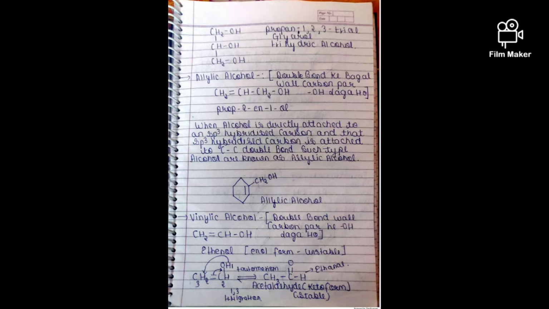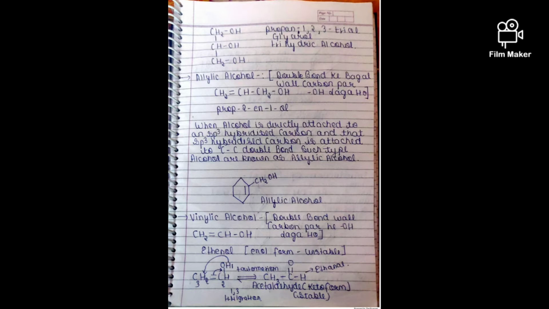Then we have another category of alcohol which is known as allylic alcohol. It's very important to identify which type of alcohol you are dealing with, because in question you must know the basic knowledge of alcohol, and that's why we are doing classification of alcohol. You can say it is basics of alcohol chapter which you must know. So in allylic alcohol, what is basically allylic alcohol?